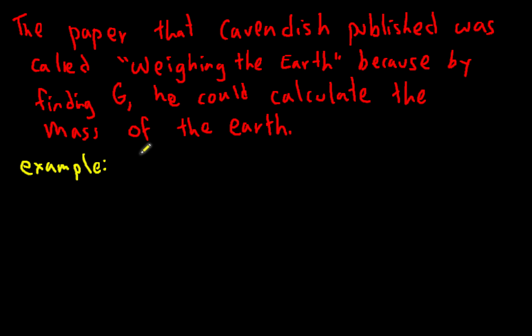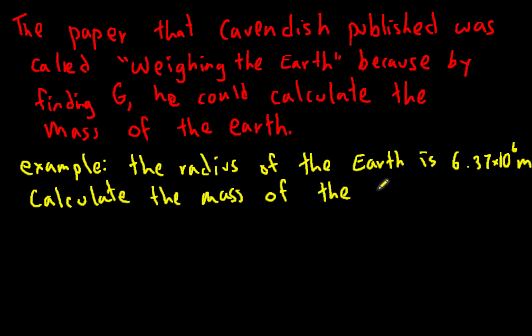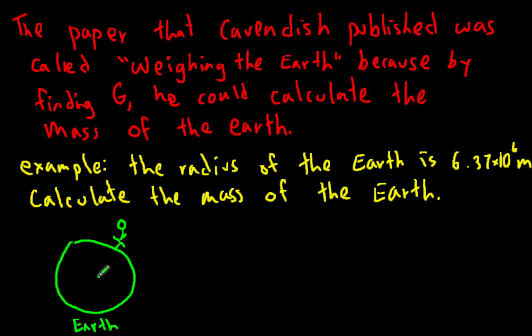For example, the radius of the Earth is known to be 6.37 times 10 to the 6 meters. Use this to calculate the mass of the Earth. So if we have the Earth, and a little person standing on the surface of the Earth, and we know the Earth's radius,